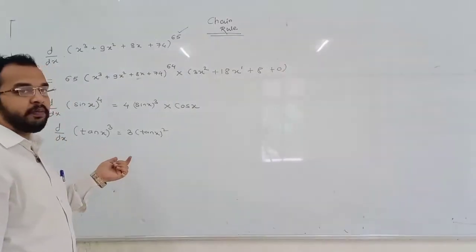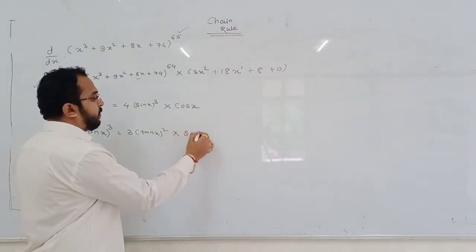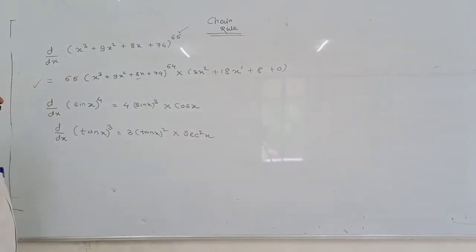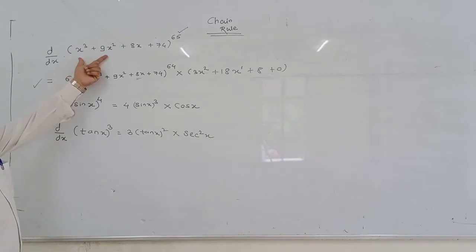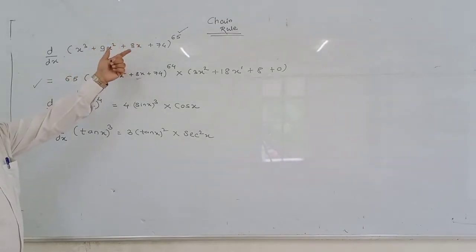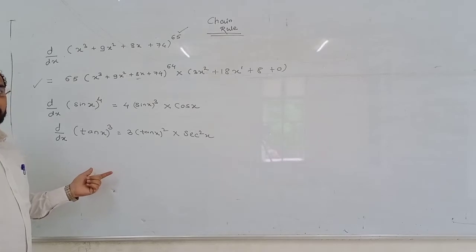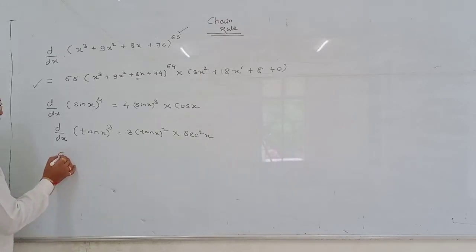So what is the differentiation of tan x? Look, what did we learn yesterday? Differentiation of tan x is sec square x. Okay. So this is chain rule. If there is no x here, if it was x to the power 6, all this belongs to chain rule in power rule. Okay? In the power function, we only have the chain rule. For example, we can see one more.